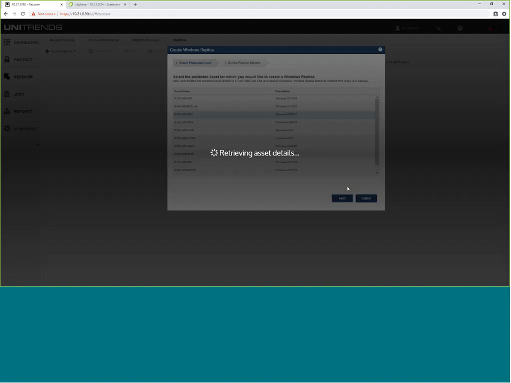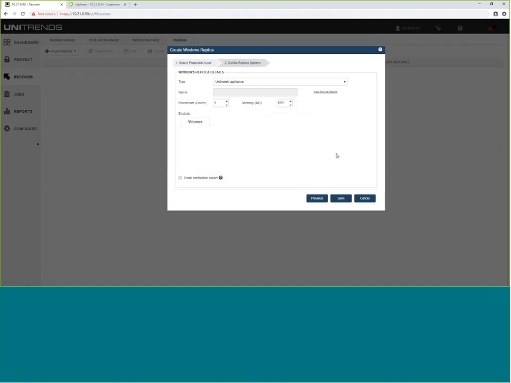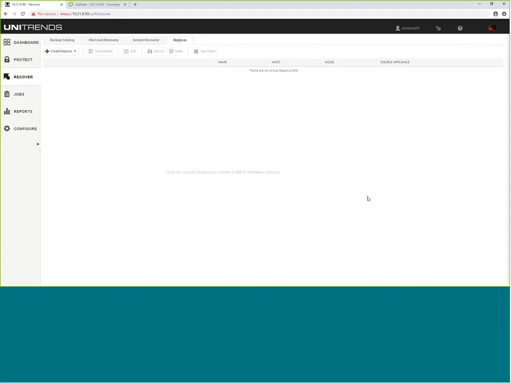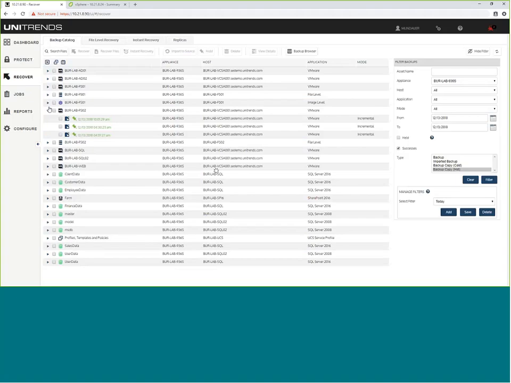This replica then can hold multiple recovery points. It can be on the appliance itself, so you can actually use the Unitrends appliance for failover beyond just backups, as well as pre-build them on secondary VMware or Hyper-V hosts. In the event of a disaster, this replica is already built, so you just go and turn that machine on. The recovery time in that case is just as long as it takes to boot that machine.